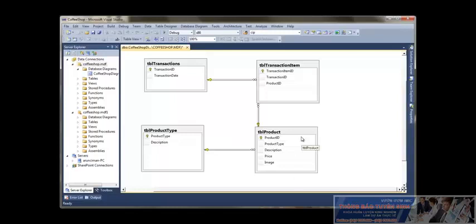If we start with product, you can see that we've got an entity containing the attributes product ID, type, description, price, and we've got a binary object which is going to be an image. And you can see that that's linked here to this table product type. This basically means we can group products by types. For example, we can have hot drinks, we might have cold drinks or food, so that allows us to group